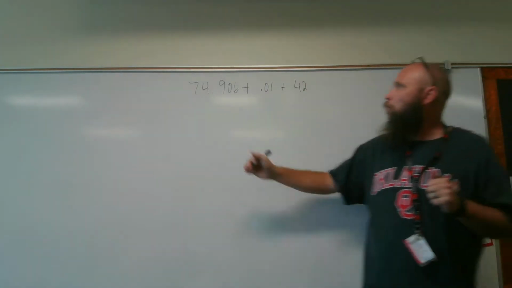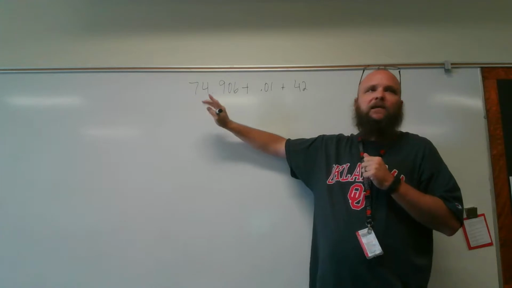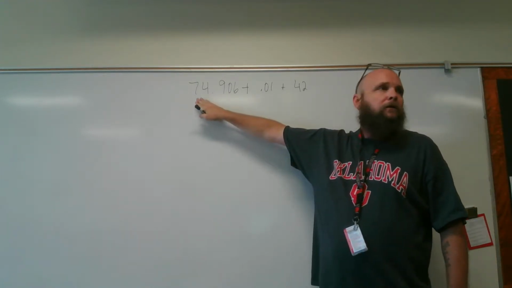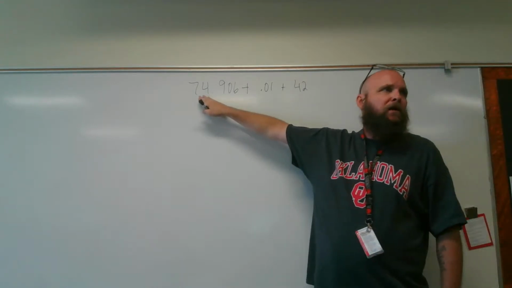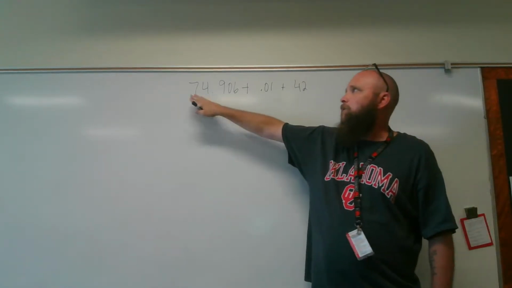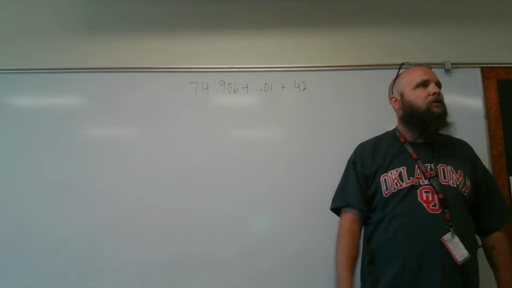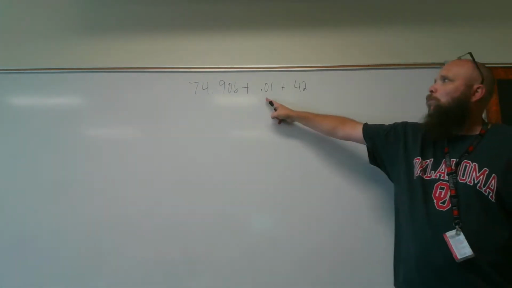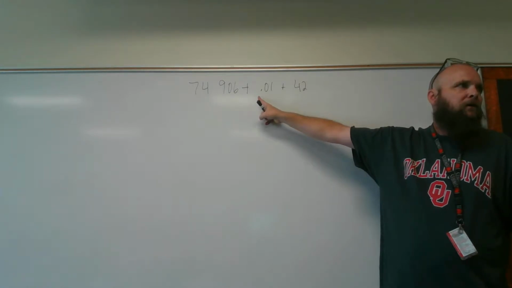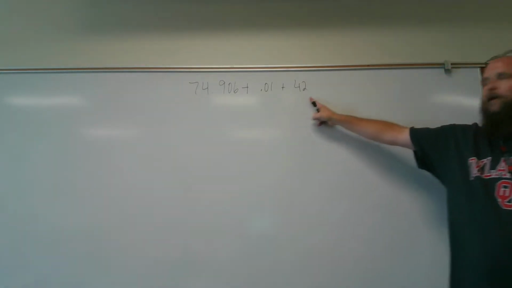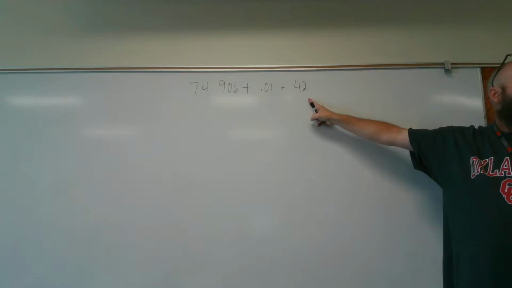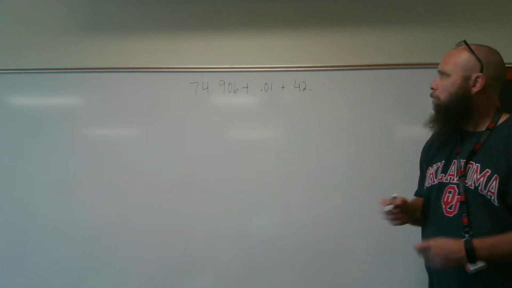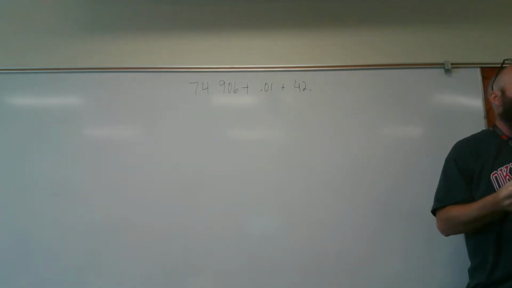Okay, so what is in the ones place in this number, J? What number's in the ones place? 7. No, 7's in the tens. Oh, wait, no, the 4. The 4 is in the ones place. Okay? Is there anything in the ones place here, J? No. What about here? No. Yes. If you don't see the decimal point in a number,